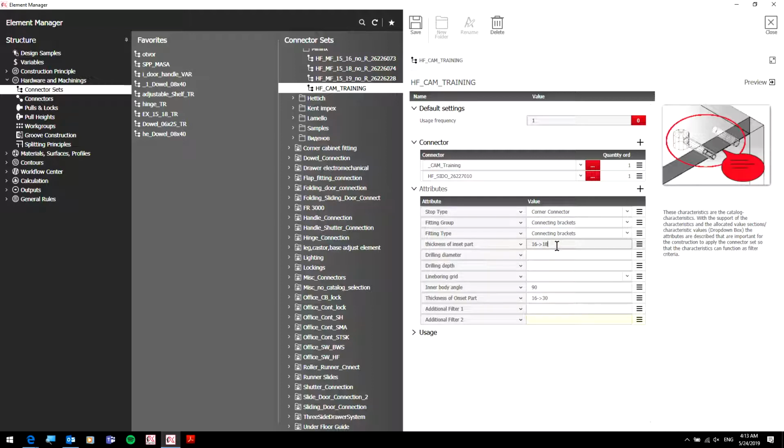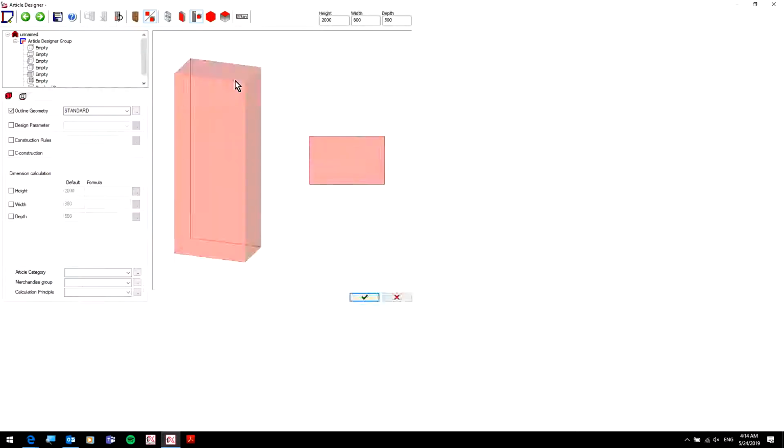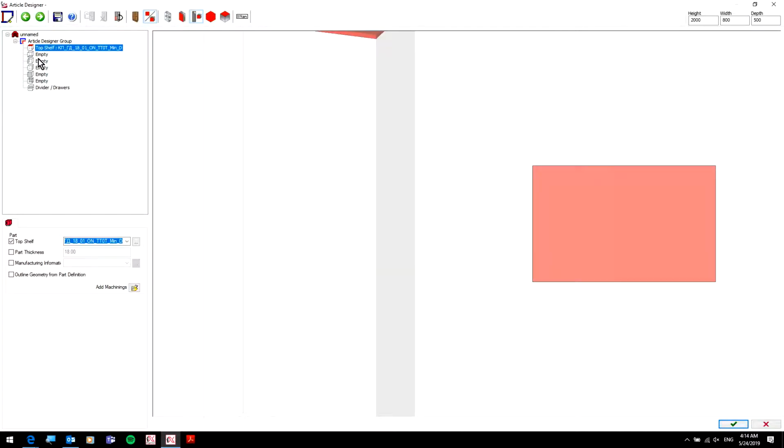What is this? This is when we can use this connector set. So when we can use it for thickness of inset part that much, thickness of offset part that much, and inner body angle like this. So we save it like this, we close, and now we just create one article. So one article,